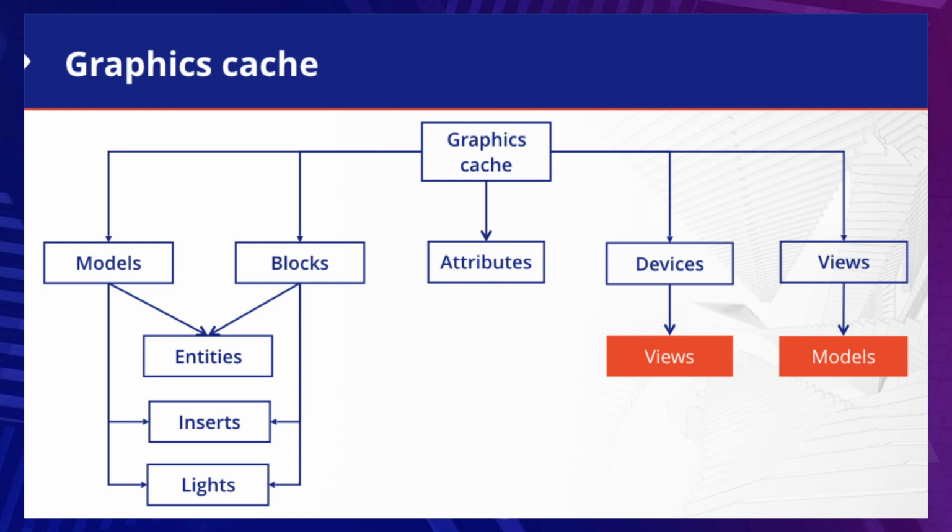Another type of object which is placed in the graphics cache is attributes. Attributes are divided into two groups. The first group is the simple attributes like color, line type scale, or transform matrix, which can be defined by one value. And the second type is the complex attributes like materials and other objects, which present a union of simple attributes.